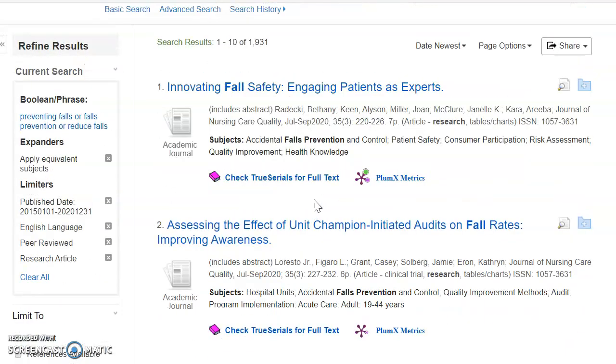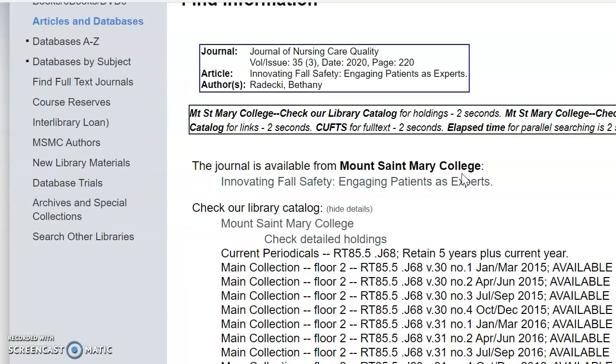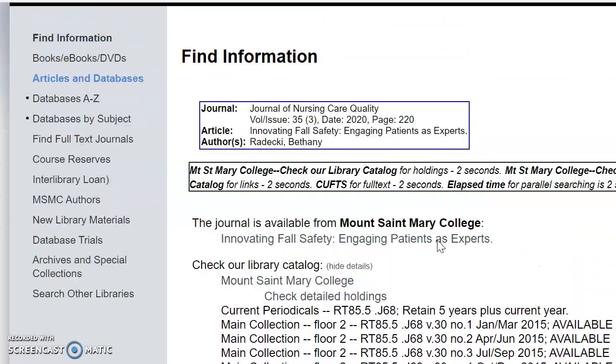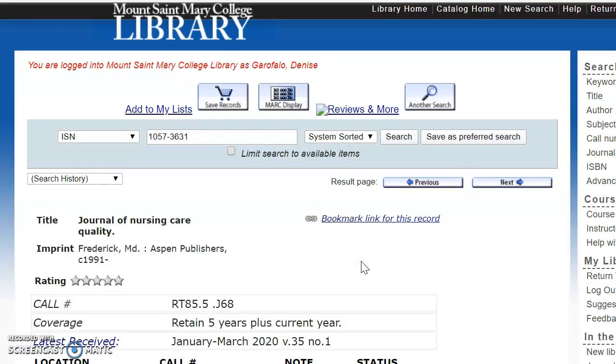So what happens when you click check true serials? Well, let's find out. Say I was interested in that article, and I come here, and it tells me that this particular article is available in a physical journal at Mount St. Mary College, where the last 5 years are there. So I could go to the library, I can find this journal, and if I click on this link, it will actually show me the record in the